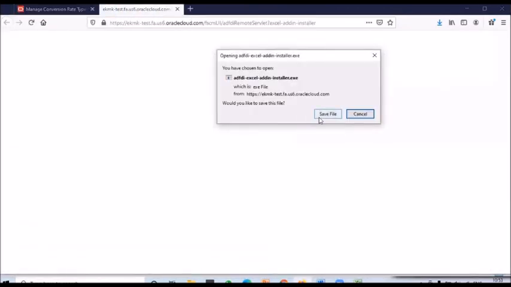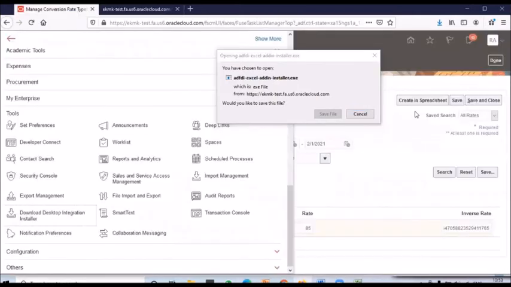Save and close it, and the file will be downloaded to your PC. Then you can open the path and it will ask you to click next. Just follow the instructions and the process is completed. Once it is completed, you can restart the system. Then you can come and click on create in the spreadsheet. Is there any macro we need to set? No, not required.